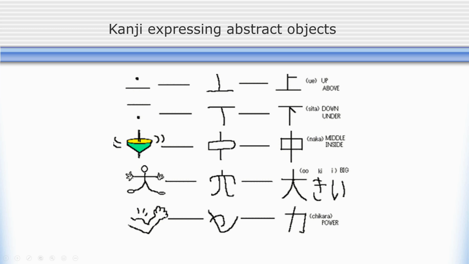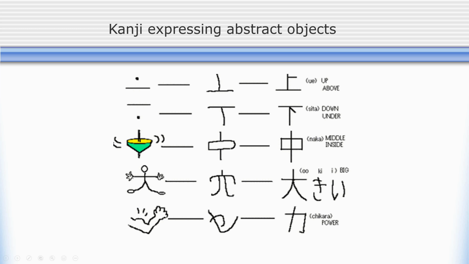So I want to start off a little bit by showing us some of the concept of kanji that we can use to express kind of abstract objects. So a lot of the kanji that we have been talking about up to this point are used to talk about pretty literal things like the sun or the moon. And a lot of them are pretty much like pictures of the sun, right? These kanji are kind of a similar concept, but instead of expressing something we can literally look at, they're expressing